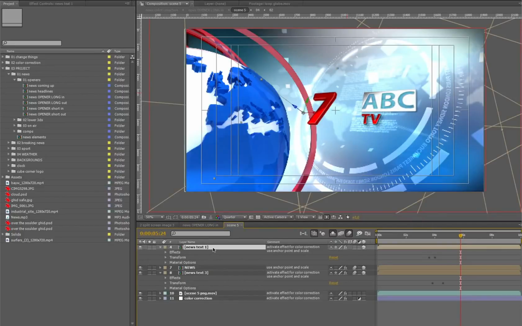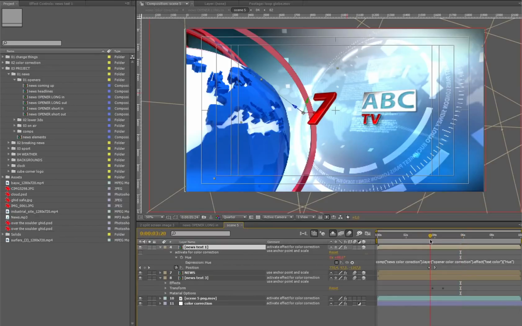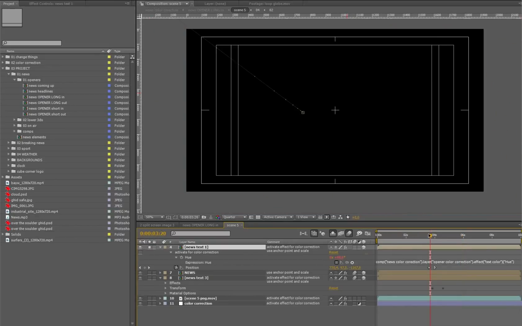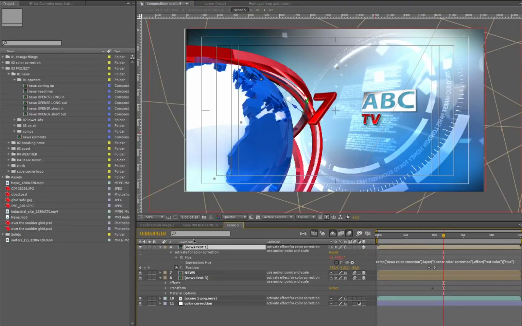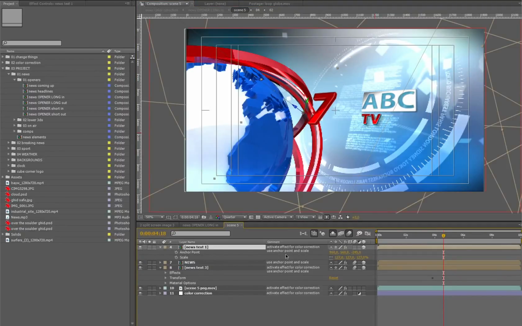And now start readjusting the text as you like, but use only anchor point and scale, because as you can see we have an animation here for the text. So if you start to move the text with the position property, you're gonna add keyframes and you're gonna mess up the animation. So use anchor point only, and scale if you need. So anchor point and scale,